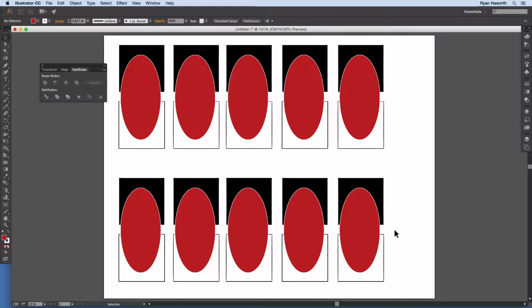Okay, so I have all of these shapes. There's 10 of them. Well, actually, there's more than that. There's 10 sets of these squares and ellipses. So the first thing I'm going to show you with the Pathfinder tool is the Unite function. And for that, I will just select these three: the black, the white square, and the red ellipse, and then I'll just hit the Unite option,